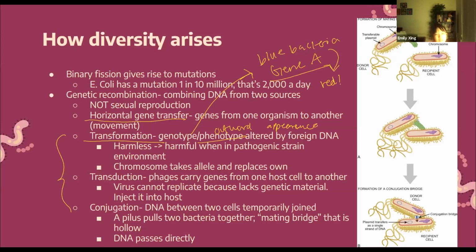And so an example of this happening is when a harmless bacteria turns into a harmful bacteria when it gets a disease-causing strain of DNA from the environment. That's what pathogenic means. So the chromosome basically takes the gene or allele, which is a version of a gene, and replaces its own. So the second type is transduction, and this is when phages carry